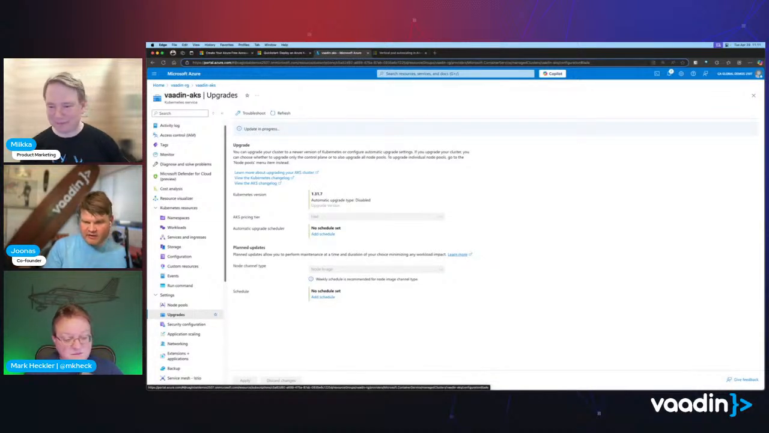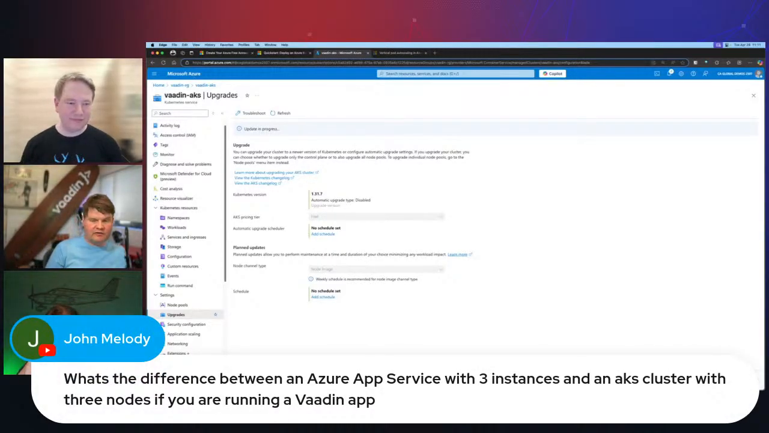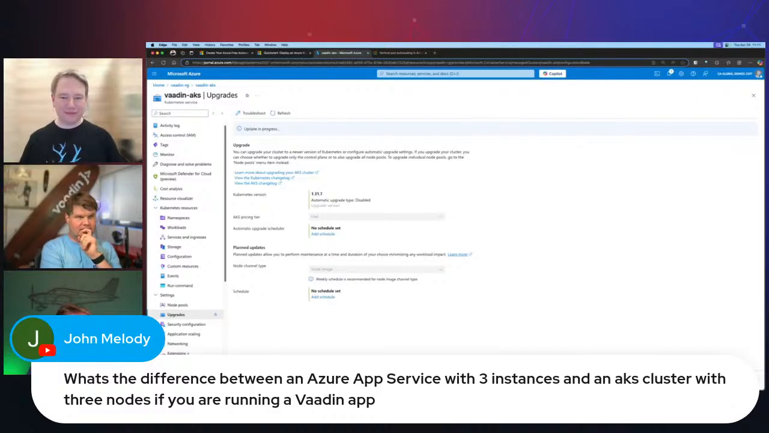And then there's a question, sure, by John Melody. What's the difference between Azure App Service with 3 instances and an AKS cluster with 3 nodes, especially in the case of running a Vaadin app? Within the context of a Vaadin app, I'm not 100% sure. I may have to punt that to you, but what I will say is that App Service has a lot more, just from the Azure side, I can answer that, but I'll leave you to respond to the other part of that. App Service is a lot more of a self-contained